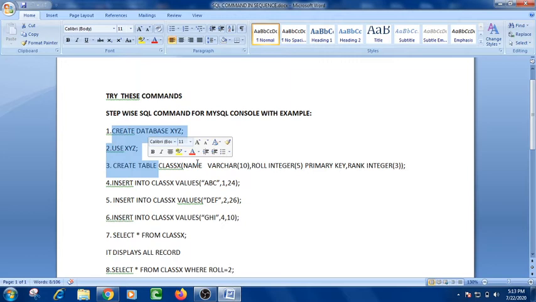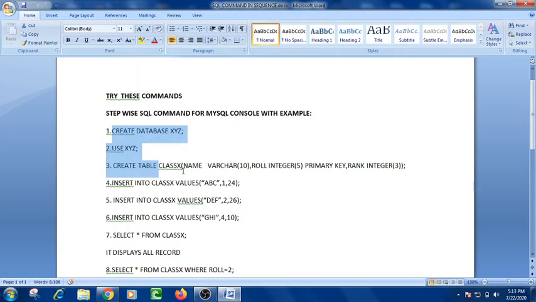Designing the table means we have to give the names of the fields, and we also have to define the data type of each field. All of you know what a data type is. Data type is the type of data that is going to be stored in that field, and it is defined here only. We even define the size of the field.